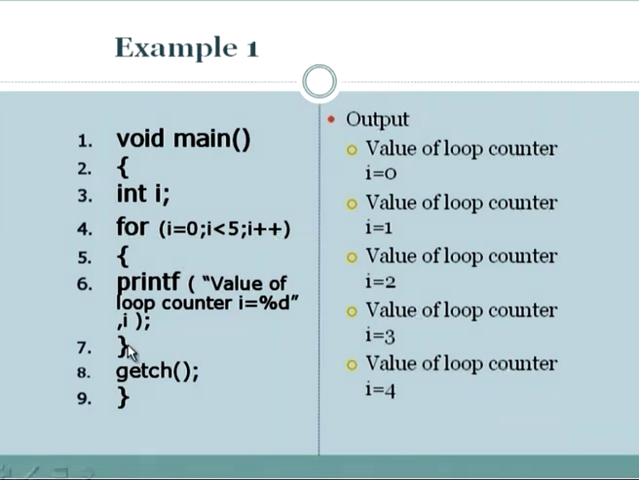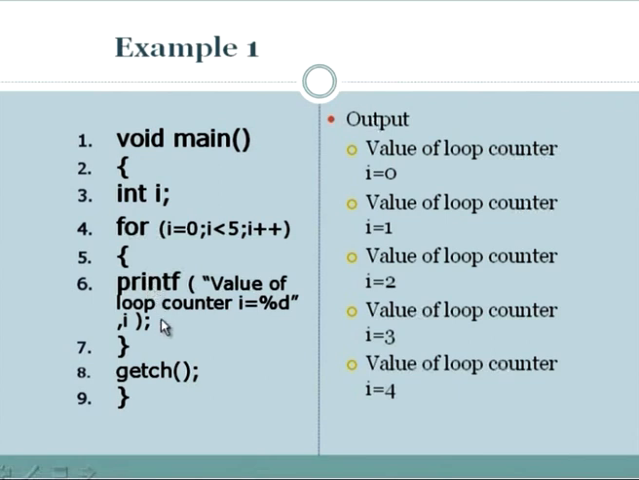When the first cycle is completed, control will jump automatically to the increment statement. There the value of I will become 1, then the condition I less than 5 is evaluated. The current value of I is 1 and 1 is less than 5. Again the condition is true, and thus control will move inside the body of the loop, and the statement at